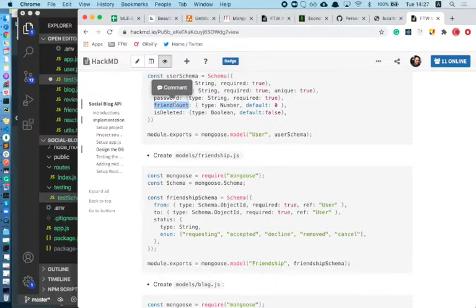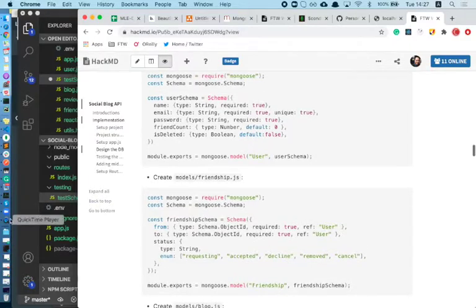The process here is to save a friendship, right? And after you save it, you update the friend count here. We will have it now, right? Okay, so